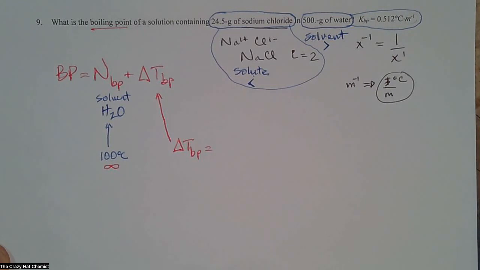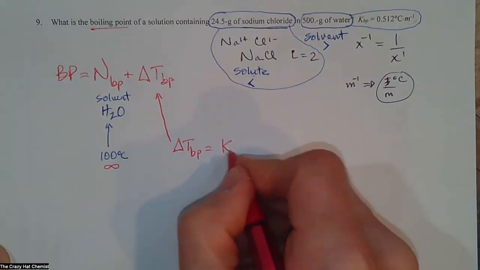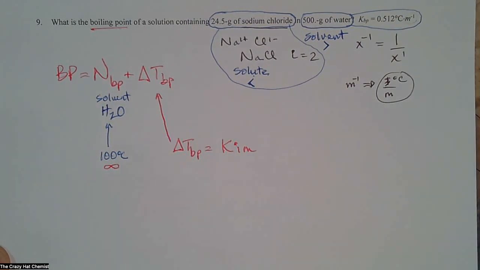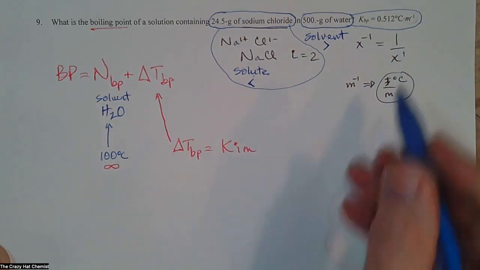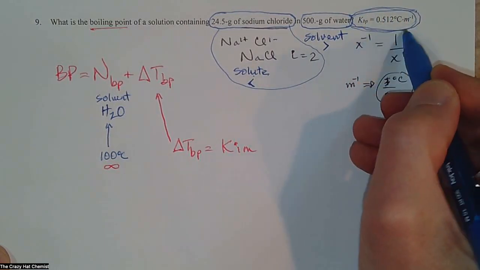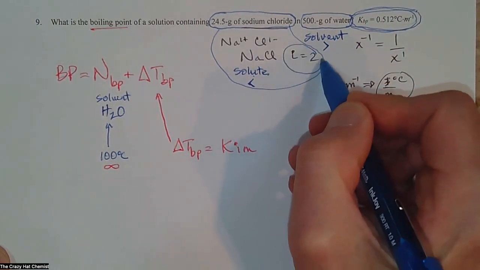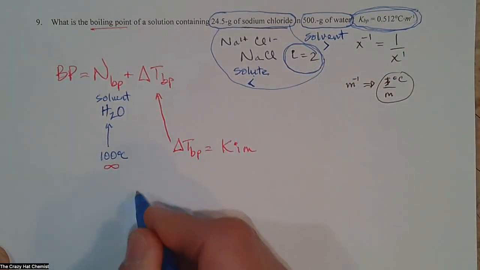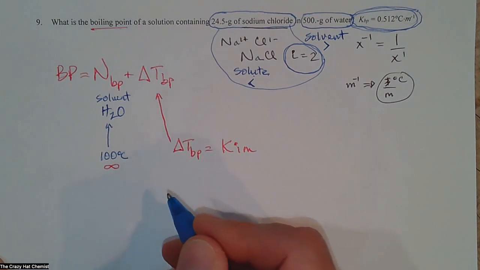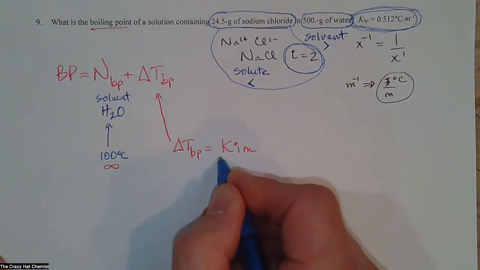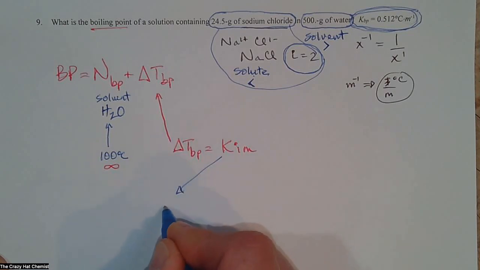And the change in temperature of the boiling point is equal to Kim. Remember my college girlfriend. Okay, we have the K in Kim, that's right here. We have the Van't Hoff factor for Kim, and that's right here. So what we're going to do is bring all this stuff down here. So the K for Kim is going to be